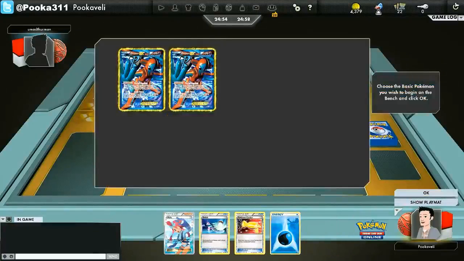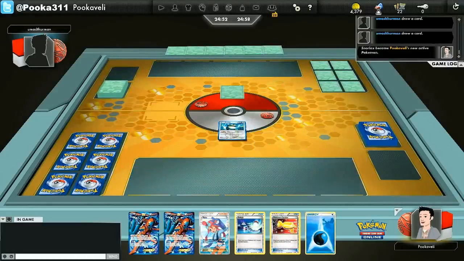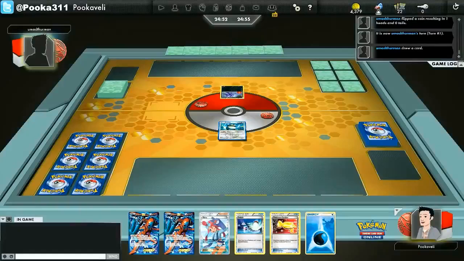This time we're going to be using the new Plasma deck, which has the awesome new Team Plasma cards, Deoxys EX, Thundurus EX, play Kyurem as well, and I also play one Snorlax, which I am starting with here,